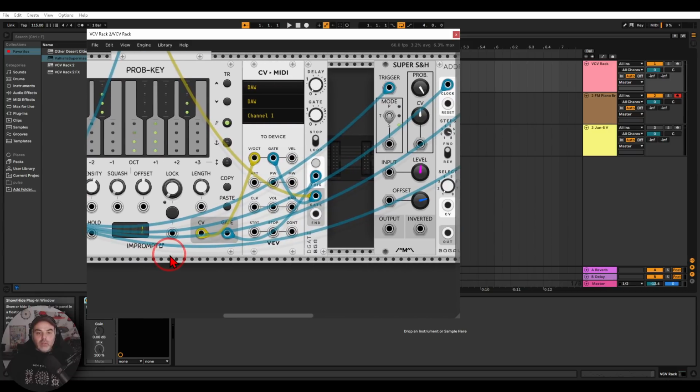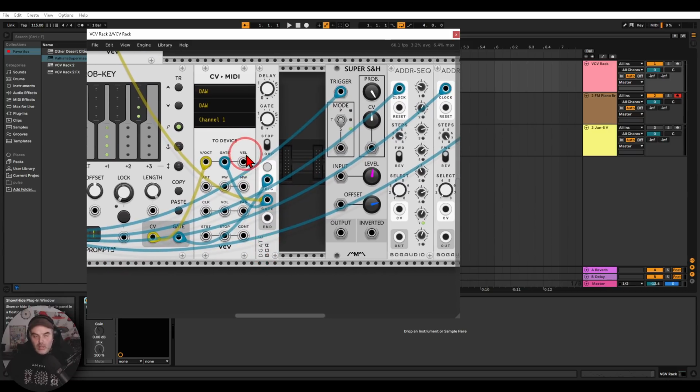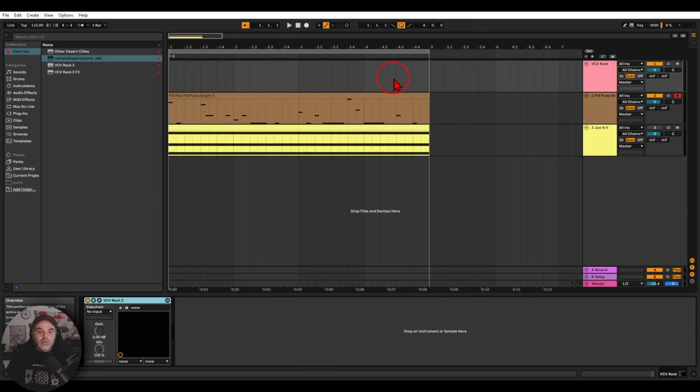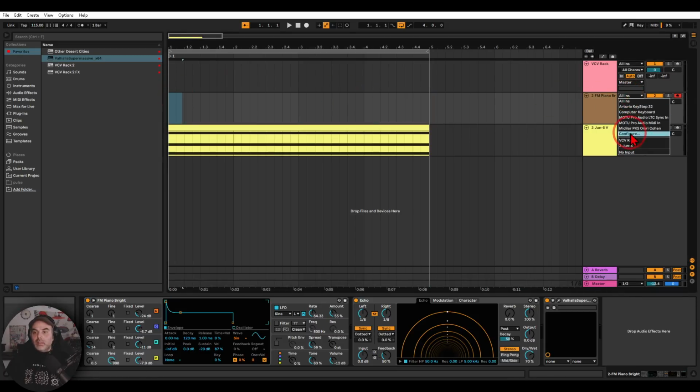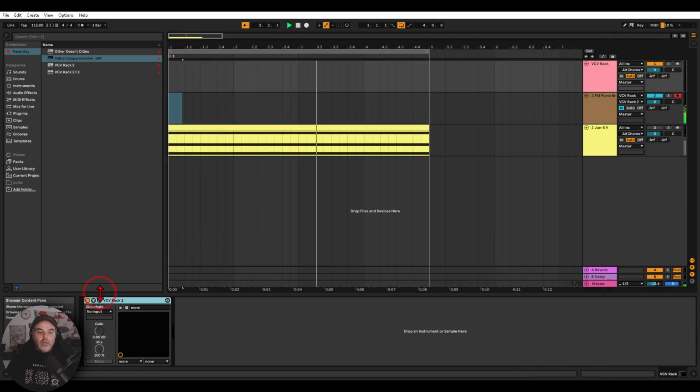So basically what I have here on the same CV to MIDI module, we have here velocity, the velocity input. This will go automatically to the velocity of this FM piano voice that I have here. All I have to do is now I will delete this sequence because I don't need it twice, and I will set it back to VCV Rack. So it will again receive the modulation, right? Change it to input. So now we get again this sequence,